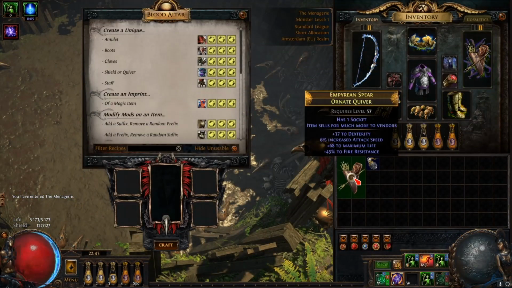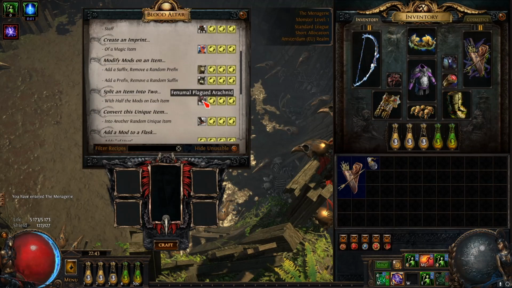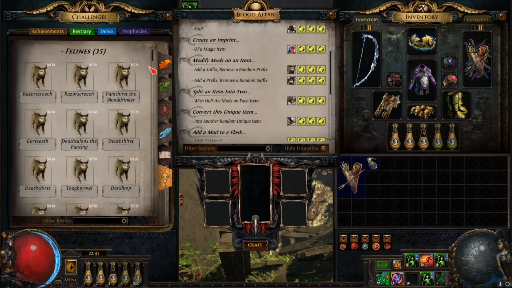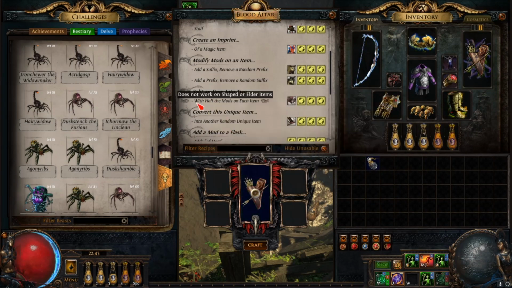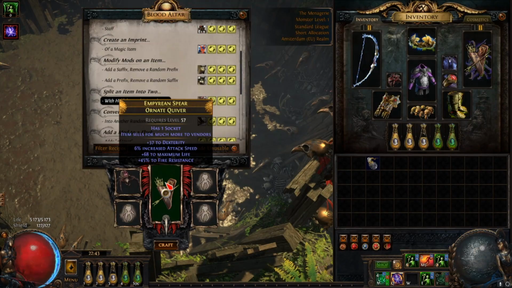I do actually. Okay, so how this is done is through a Venomous Plagued Arachnid, which is this animal right here. It's in the Arachnid family. Here it is. Basically, it allows you to split an item in two. So split one item into two. Essentially, that means duping an item. In this case, since it's an exclusive base ordered quiver, usually not possible to obtain,